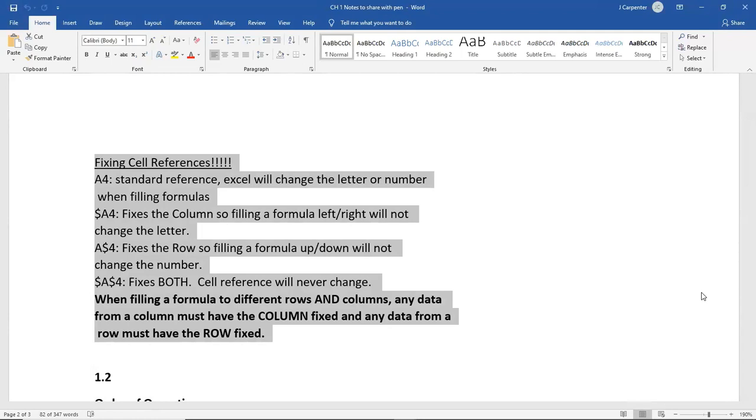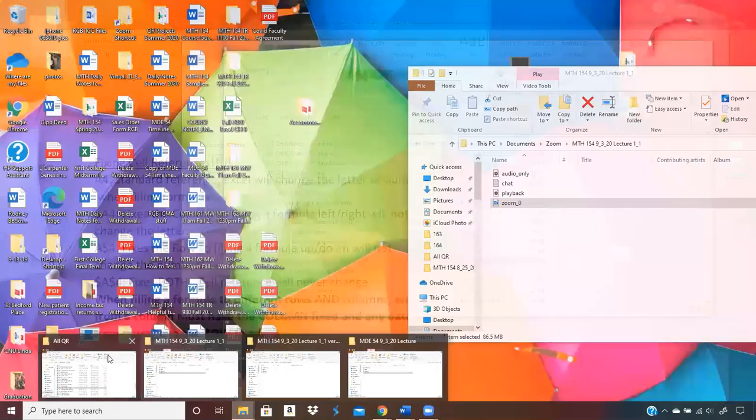In other words, if you're moving down, you want the cell reference to move down with you. If you're moving right, you want the cell reference to move right with you. But this isn't always the case, once again, as we saw in that